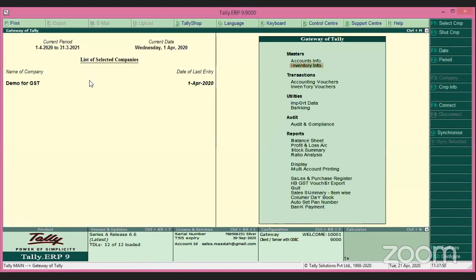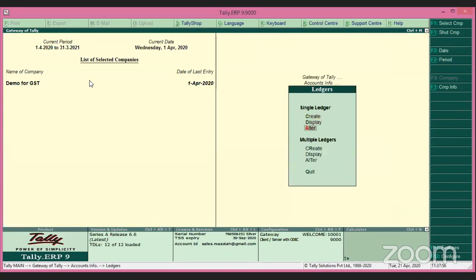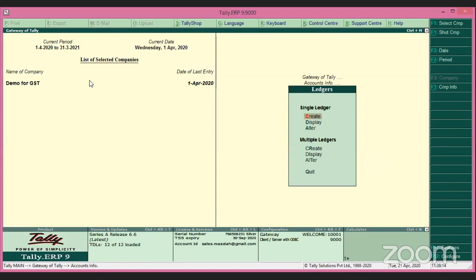So what we did is we have created two items. Now I'm just going into accounts info, ledger, alter. These are the basic ledgers we have created. In most places, people will create a different sales ledger and a different purchase ledger based on the tax percentage. For example, we have created,